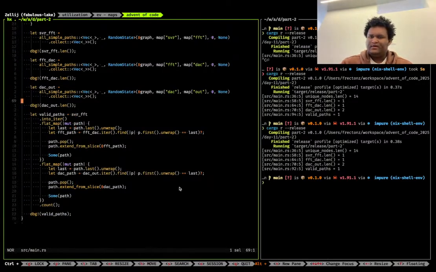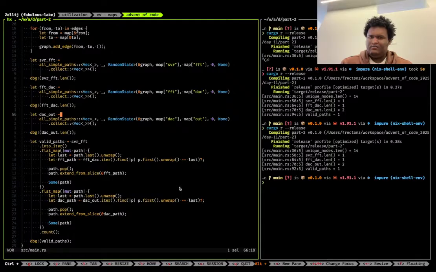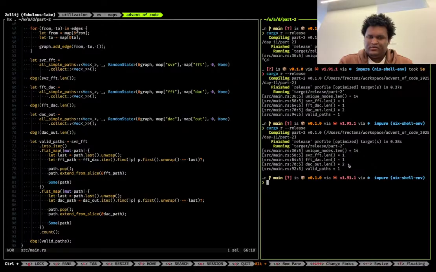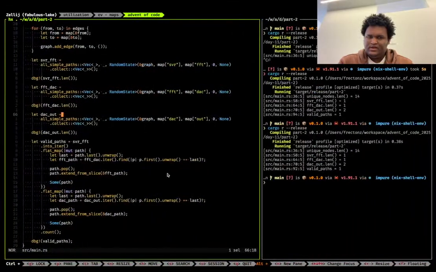So the last of the is okay. If any of them ended here, do we find the same index at the start for the other ones? If we do find one, we remove the first one and we extend it with the rest of the other slice, and we return that value, and then we do the same for the other. Why doesn't this work? At this point we got 2 values, but okay, so what we need to do is not find, but